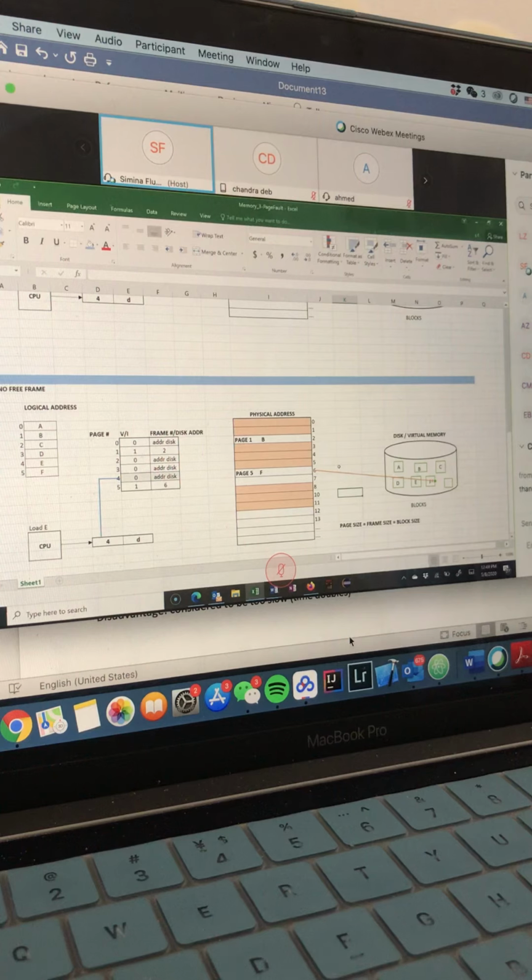This will be our swap out. Swap out the victim frame.